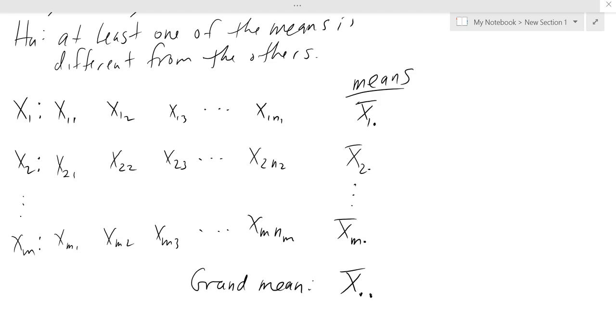And one of the things that you might have talked about in a previous stats class is a global F-test idea. That's where it comes from. We're going to talk about doing more F-tests for other things. Okay. All right, so to that end,